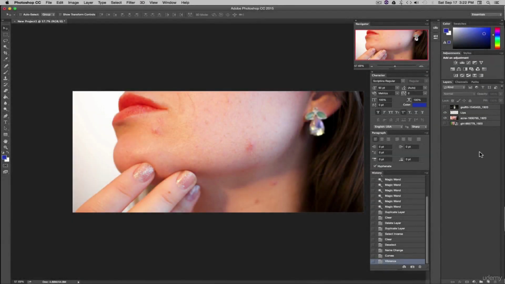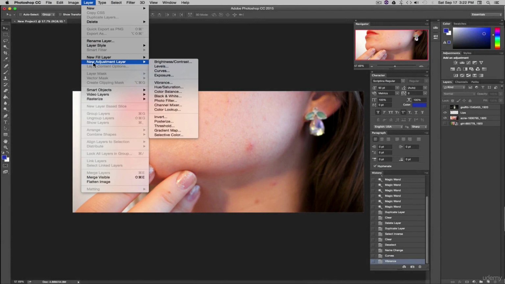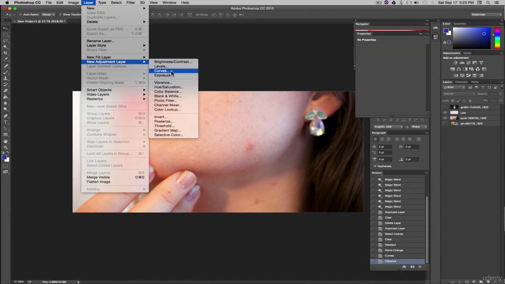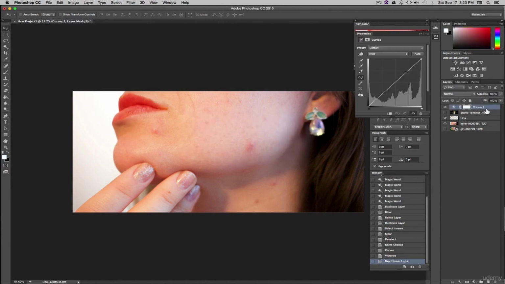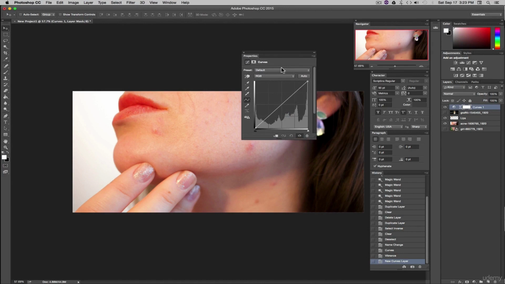Now another way to add effects is by doing it to everything. So the way we do that is with an adjustment layer. So if we go to New Adjustment Layer, we can choose what we want to do. We can use curves, for example. Okay, we'll hit OK. And now at the top here, you can see it has created an adjustment layer, and curves has opened up. So we can actually click properties up here and just drag this to its own window